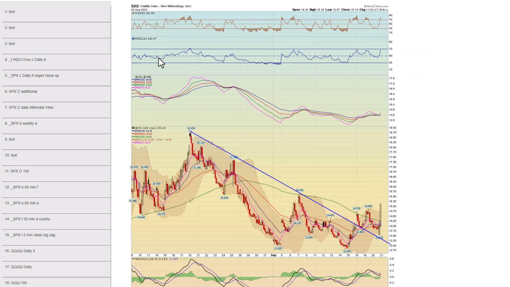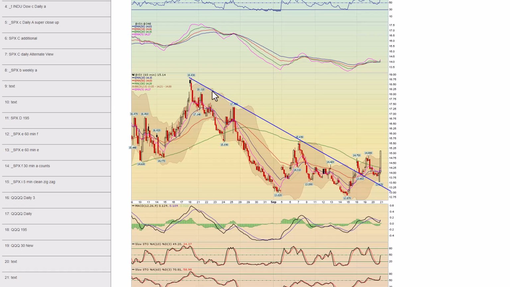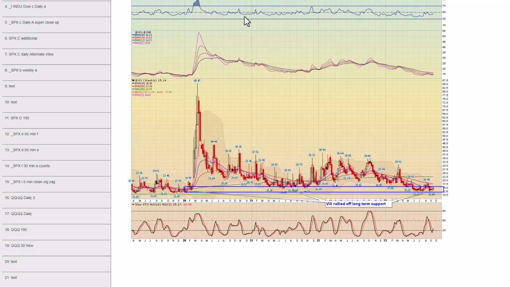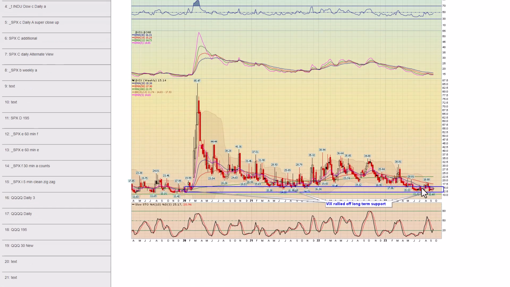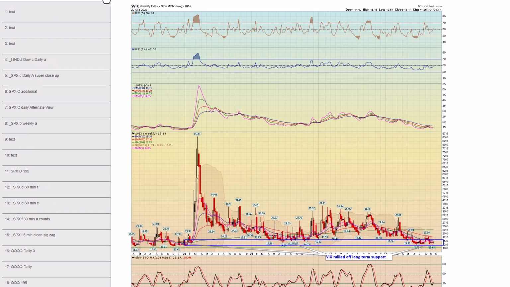Chart 32, here's a 60-minute view of the VIX. Steve showed this last night, this trend line break. Notice price nearly retested that trend line, bounced right off of it strongly. Chart 33, here's the weekly view of the VIX. Again, as you know, this is a big long-term support area. You could see in the past, these are big levels, and it's trying to find support in this area.